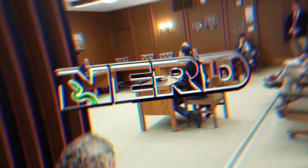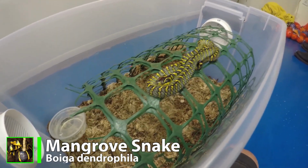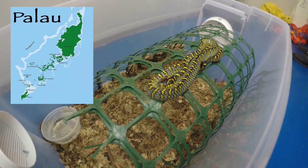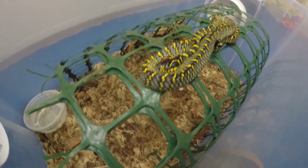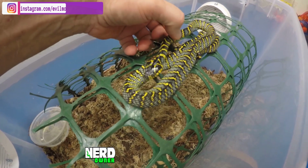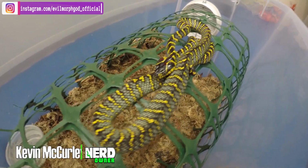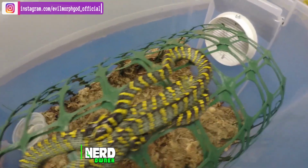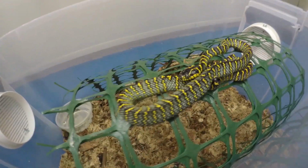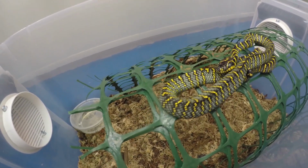I mean, celebrate. Here's a mangrove snake, and this is a Boiga divergens. This is from Palau Island, off basically the Philippines. And this is one of our animals that we're raising, and we're pretty excited about these. These, of course, are little rear-fanged snakes, but they're generally pretty placid. They do come to life at night, but a very, very pretty animal indeed. Very rare. This is a future project we're pretty excited about